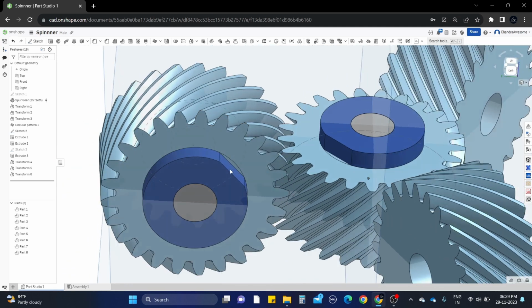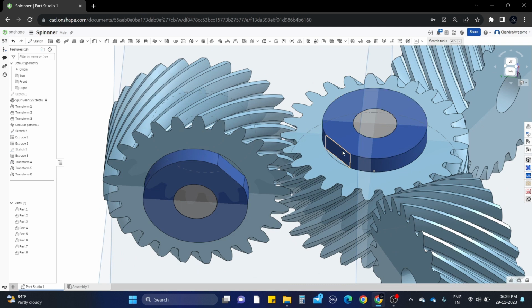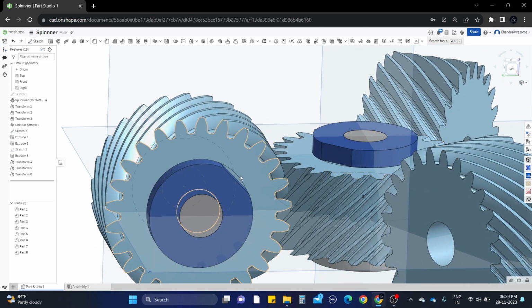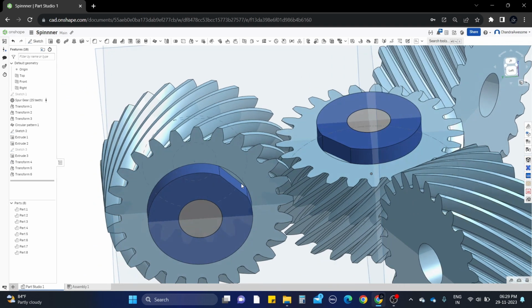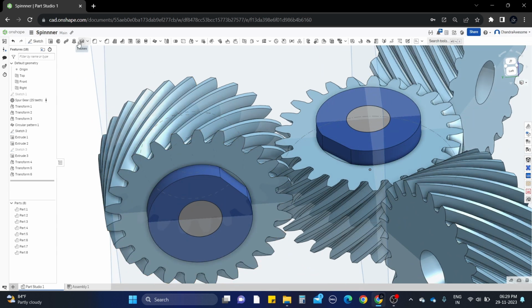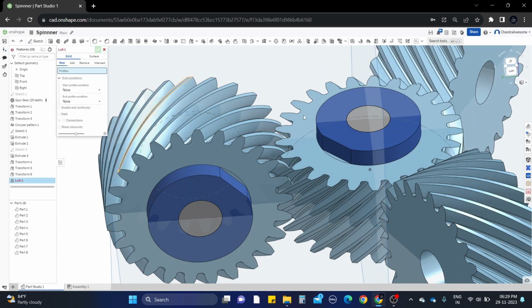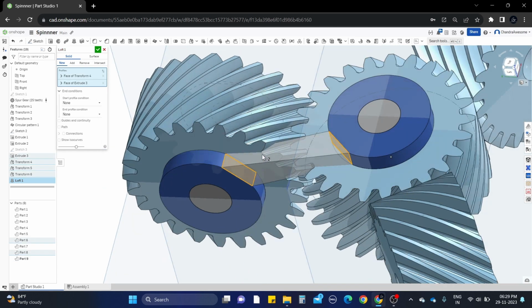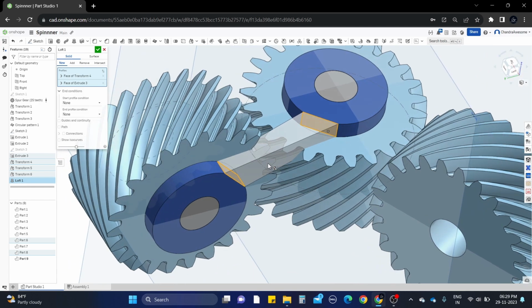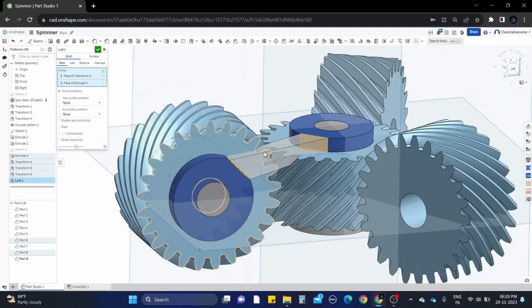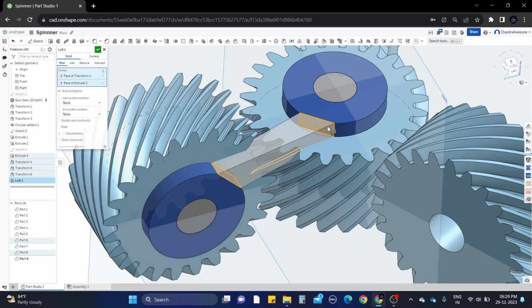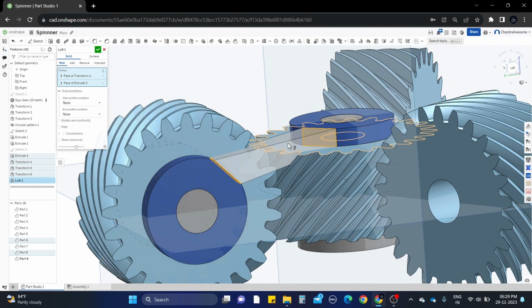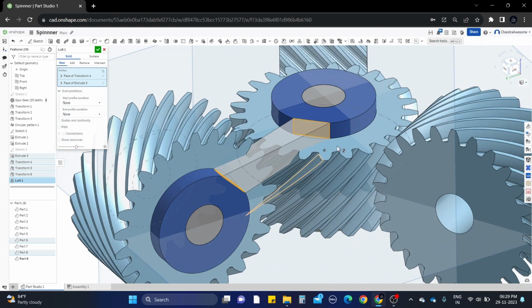So here, why I asked you to do the small version is it is simpler to make the loft operation from here to here. So how can you do that? Just press the loft tool, select this face of part and this face of part, and you see they are connected. But you can see the parts that get connected are touching the gear because of its larger area. To reduce that,